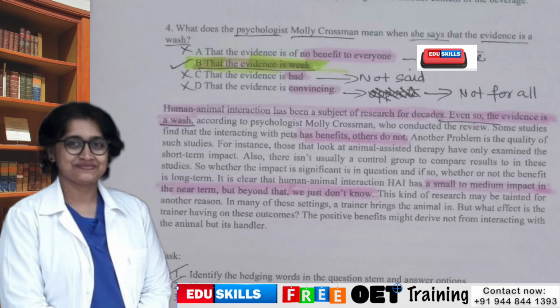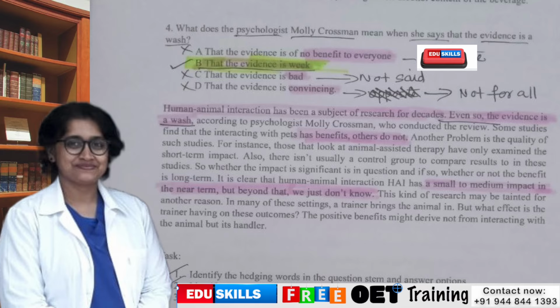First come to the name Molly Grossman, the highlighted keyword, and read the previous sentence, which is the topic sentence: human animal interaction has been a subject of research for decades, even so the evidence is a wash. From the topic sentence itself we are getting the answer, that it is option B, that the evidence